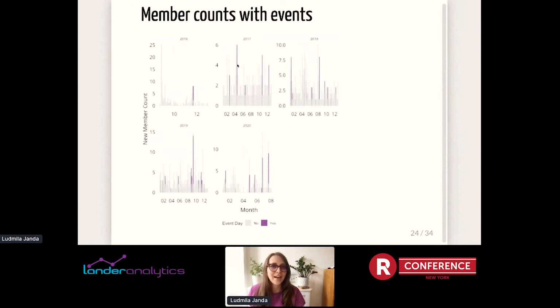So you can see we do get a lot of new members the day of the event, and often a lot of new members right before it as well. Although I saw in some cases we get new members right after an event as well. So maybe people went to an event and had a great time, told some friends about it, or heard about an upcoming talk that might be interesting and told friends about it and they joined. So potentially you can't just attribute the new members before the event